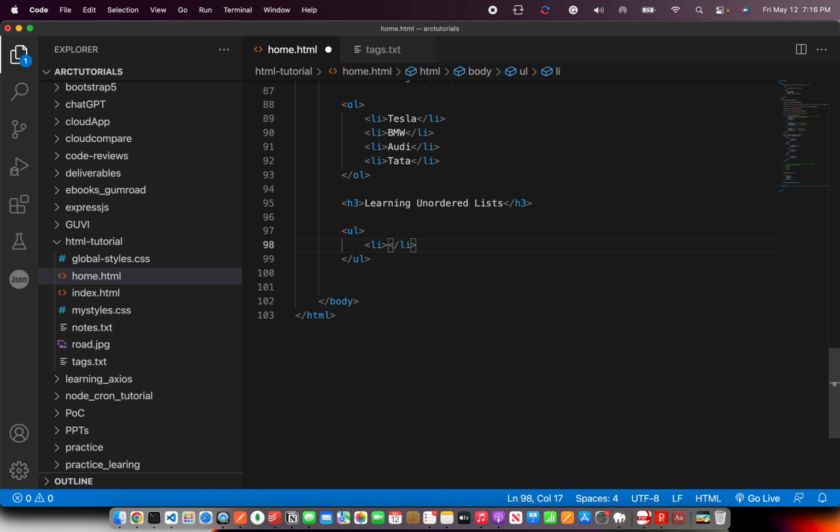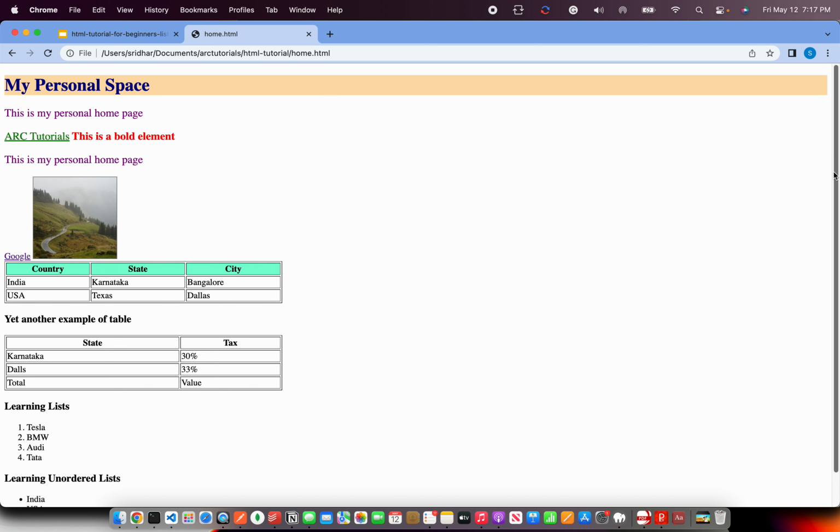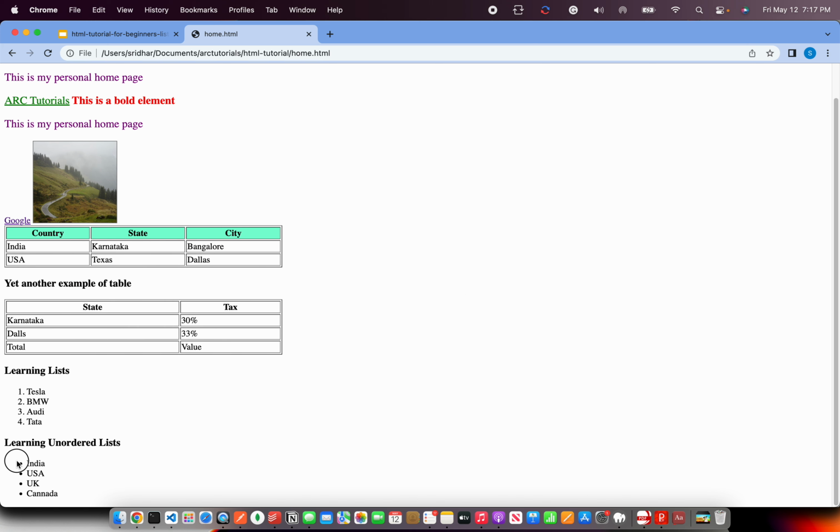Now I'm putting a list, and let's say instead of cars now, a list of countries, right? So you can make a list of anything that you like. Fruits, yes. Colleges, yes. I don't know if UK is a country or it's called Britain. Do let me know also for general knowledge. All right, I think that's enough. Or let me add one more, Canada. Okay, so I'm adding one more list, which is now an unordered list, and if you can see, it's a bullet list,